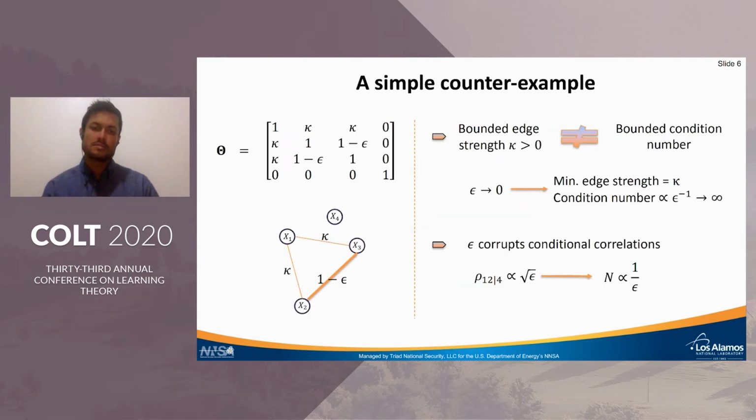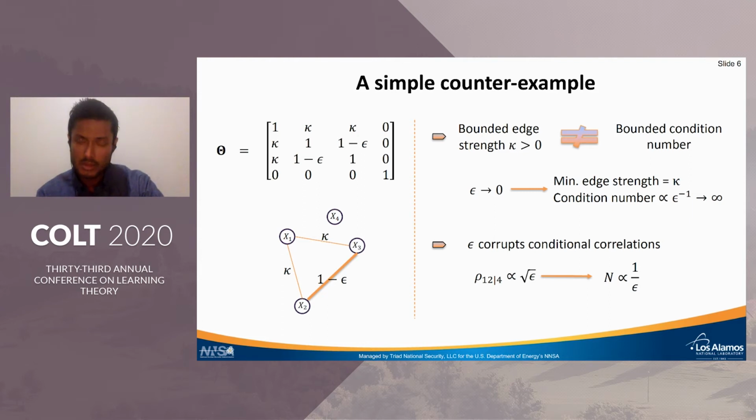Now, before going into the details of the method, I'd like to answer some natural questions that often come up when we discuss this work with people. The first is that there is a minimum bound on the edge, which is given by kappa. Does that automatically mean that the condition number is bounded? Turns out the answer is no, as specified by this example on the left, which corresponds to this 4-node graph